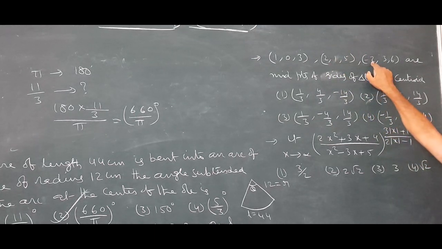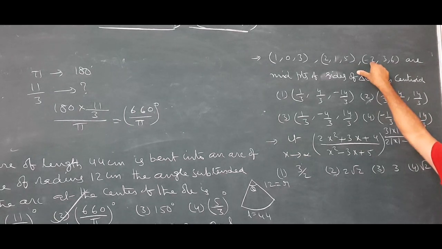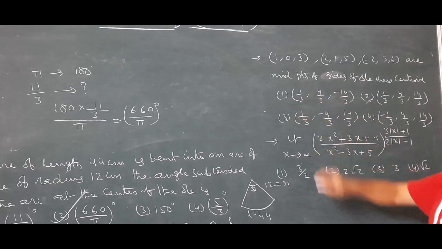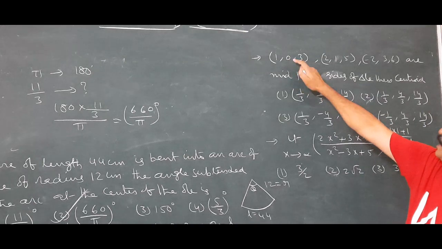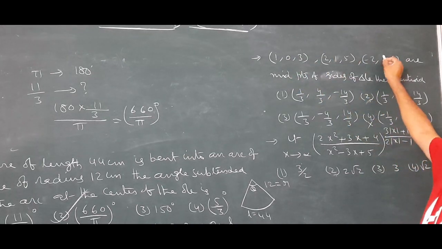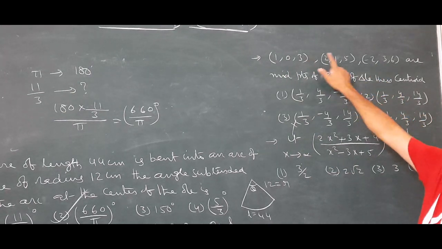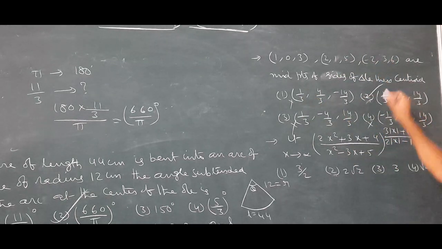minus 2 by 3. That means 1 by 3. The x coordinate is x1 plus x2 plus x3 by 3, y1 plus y2 plus y3 by 3, z1 plus z2 plus z3 by 3. That is the centroid. X coordinate is 1 by 3. It is wrong. Next, y coordinates. Sum of y coordinates 0, 1, 3, 4. 4 by 3. It is wrong. Y coordinate is 4 by 3. Next, z coordinate 8 plus 6, 14 by 3. It is the right answer.